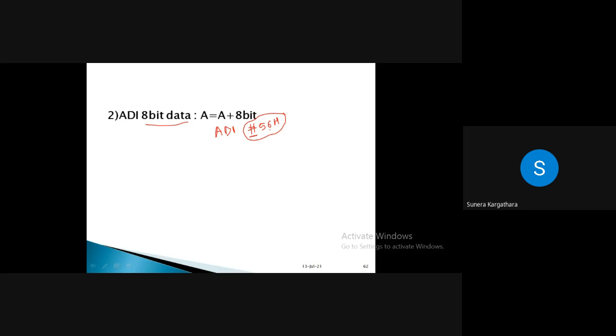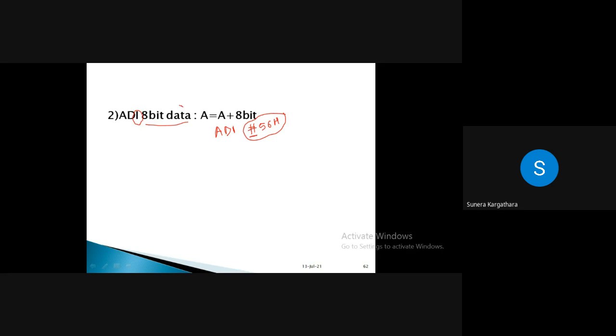It is a 2-byte instruction. See, number of bytes specified is a different thing, and addressing is a different thing. Yes, 2 byte correct. It is a 2-byte instruction. Okay, and addressing mode, not sure, but maybe register addressing mode. Okay. Who is sure about addressing? It is using which addressing? Ma'am, immediate. Maybe direct memory addressing.